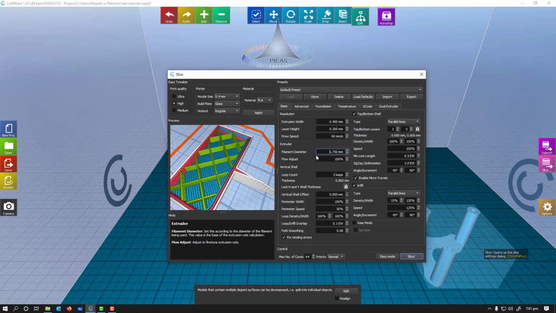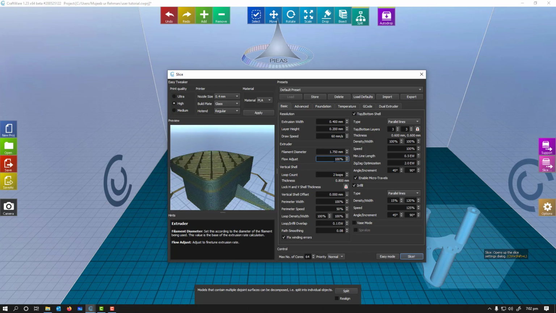So next thing is filament diameter. You have to see on the spool you have installed on the machine, and you can put the diameter here. Now the flow adjustment is 100%, means that whatever calculations you obtain from these values, you wanna go for the flow up to 100% of that flow. You can reduce it, you can go for higher values. Specifically we go for higher values in the first layers which have to stick with the bed of the printer.